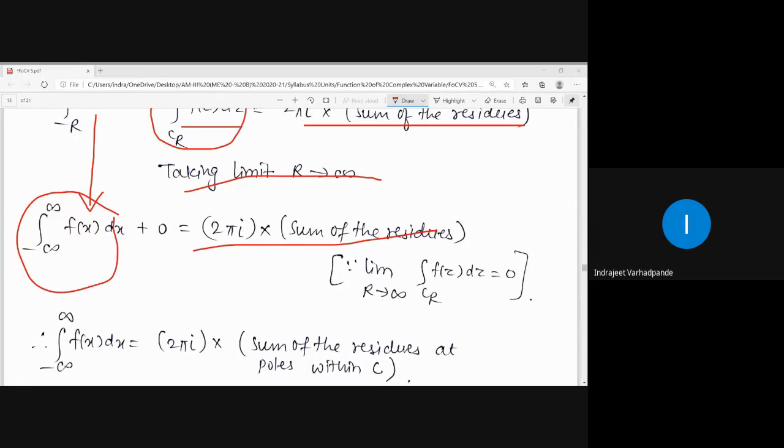Understood why we are converting it to z, why the original question is given in the form of x, then the consideration of the closed curve C in terms of z is converted to x, plus the second term. One term is from the real axis minus r to r, the other term is a semicircular contour. But when I take that large radius tending to infinity, one limit of integration becomes minus infinity to infinity, and the other term tends to 0. That means ultimately whatever question is given, it will be evaluated by calculation of the poles, and then we apply the Cauchy residue theorem. If this is clear, we can switch over to the examples.